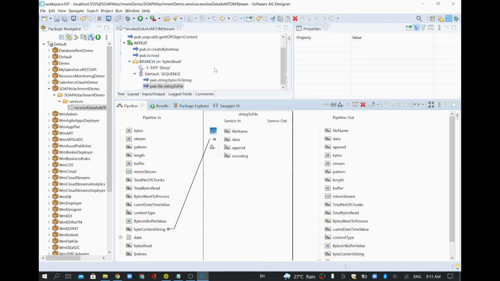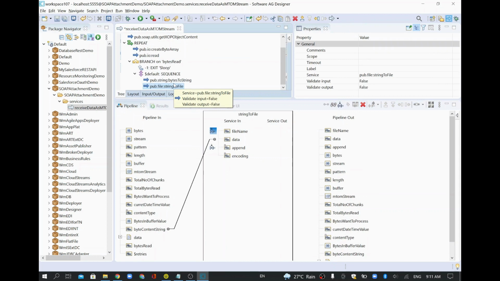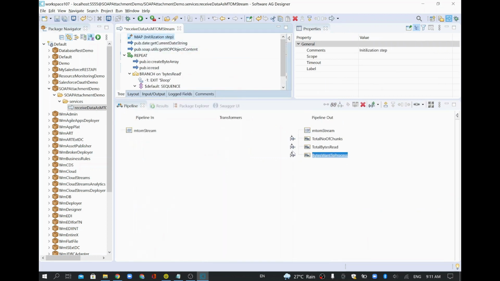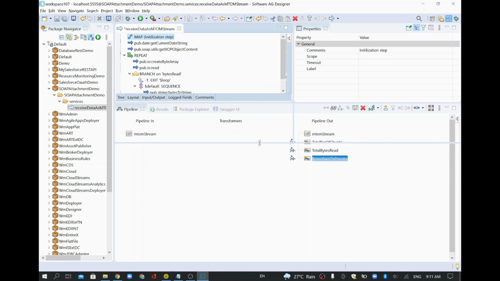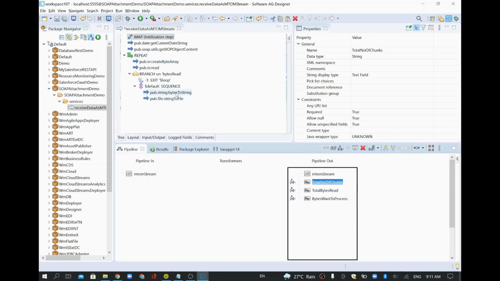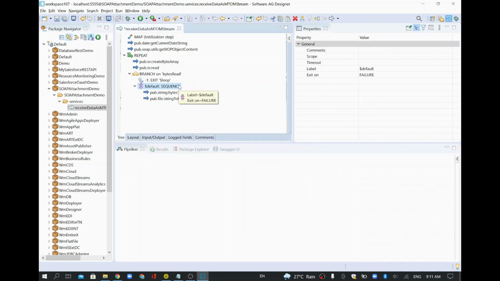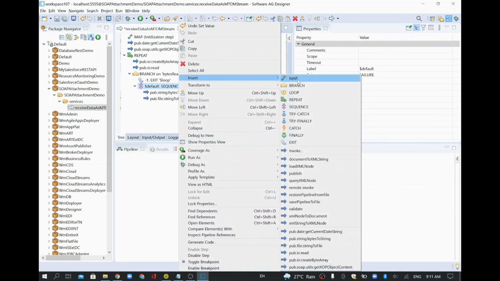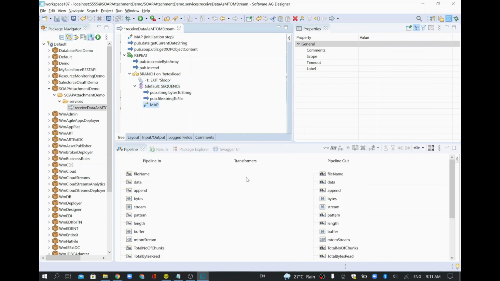So now what we are doing is, and also there is one more thing we need to do, which is very important, because whatever we have initialized here, it is still the total number of chunk is 0, total bytes read is 0, which I want to add with the actual value. So total number of chunk, if I want to increase, whenever I come into this loop, then it will keep on getting increased, right? So I'll add a map step, where I'll add a transformer. I'll move this step a little up.